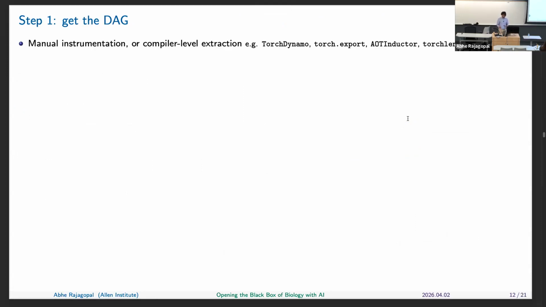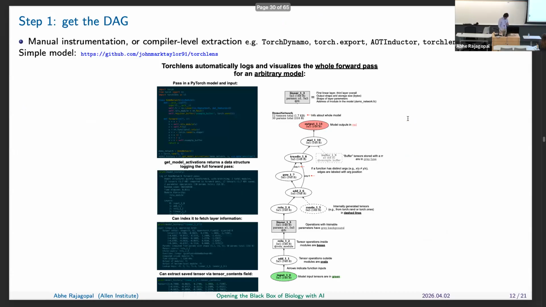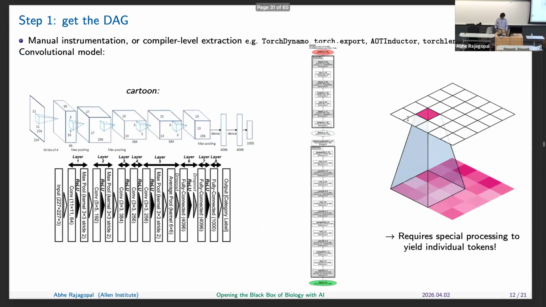And it turns out this is actually a little bit harder, but there are some packages now in the last couple of years that have made this a lot easier. So here's a really simple example. You can write some Python code with a torch model. You can pass it into this function, and you can see every operation that happens. So given the input, you can get the add, the ReLU, the linear layer, and so on. It's kind of the graph, the computational graph, if you will, of that model.